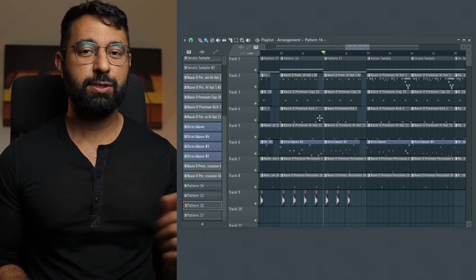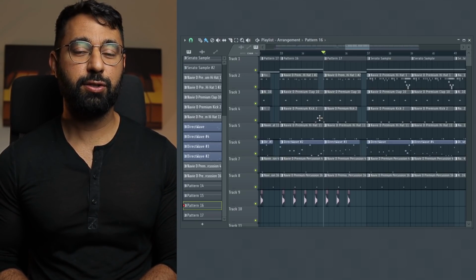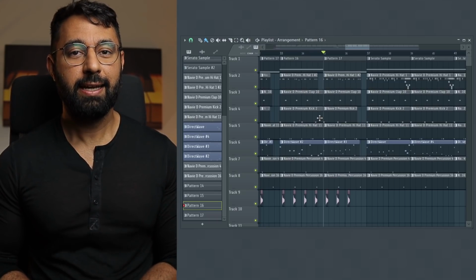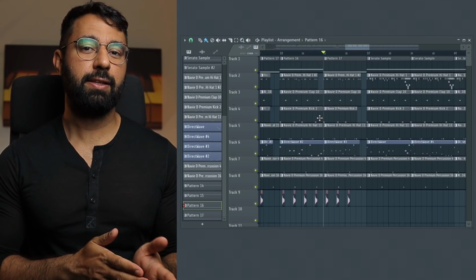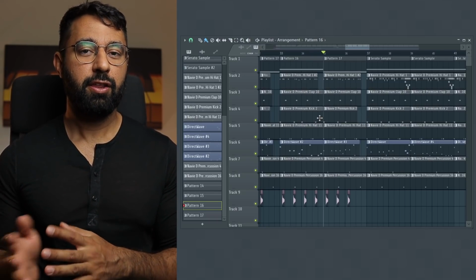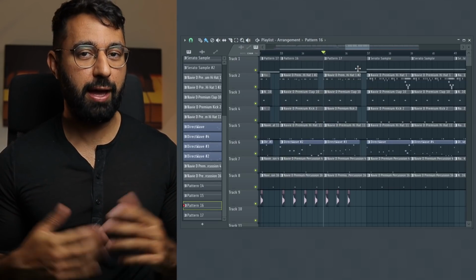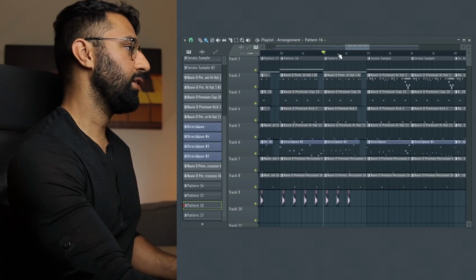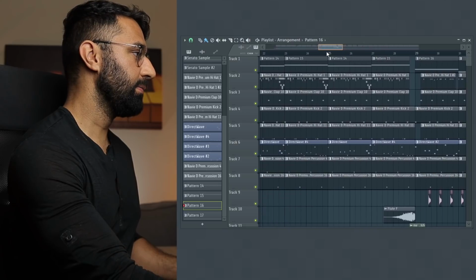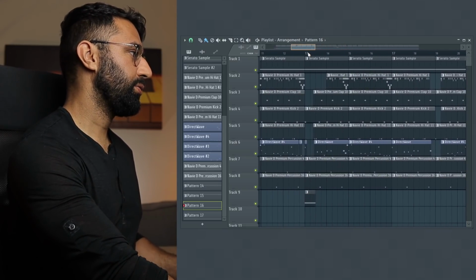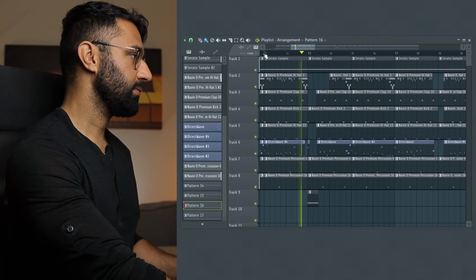Next, beyond that, when it comes to arranging, one of the things that I also really like about Kenny Beats' arrangements is his attention to detail and the smaller ideas that occur throughout his beats. For example, with the beat that I built here, you can see that throughout I drop drums, I change the rhythm of different patterns at times. I include small little variations throughout the beat like this.